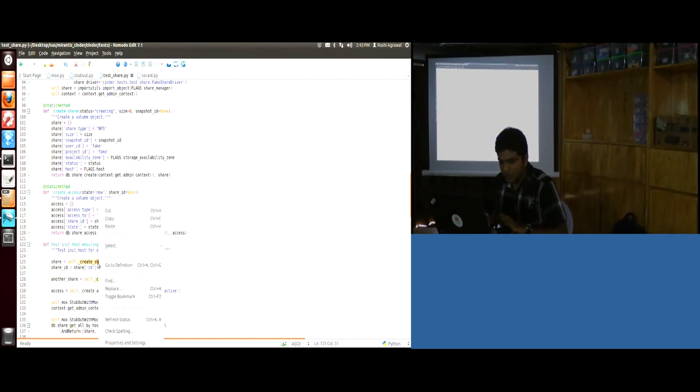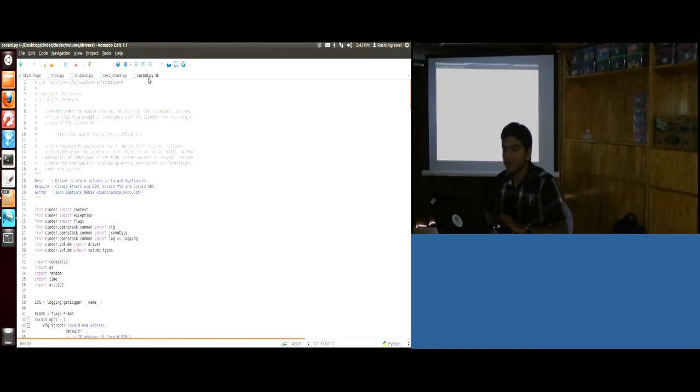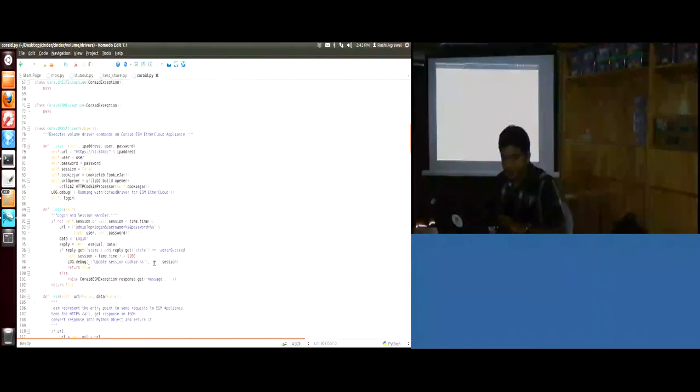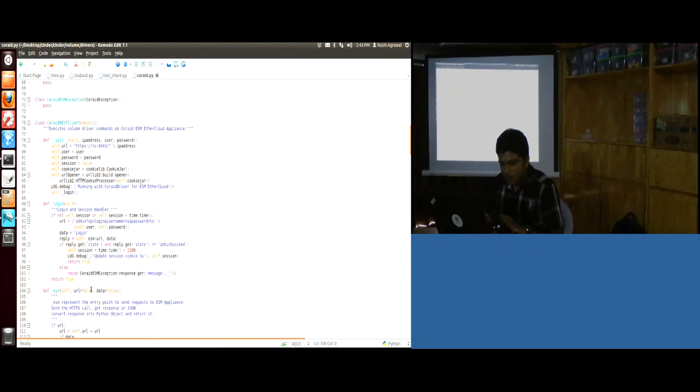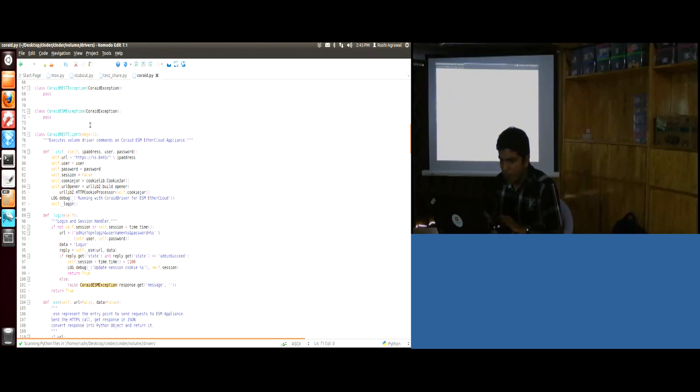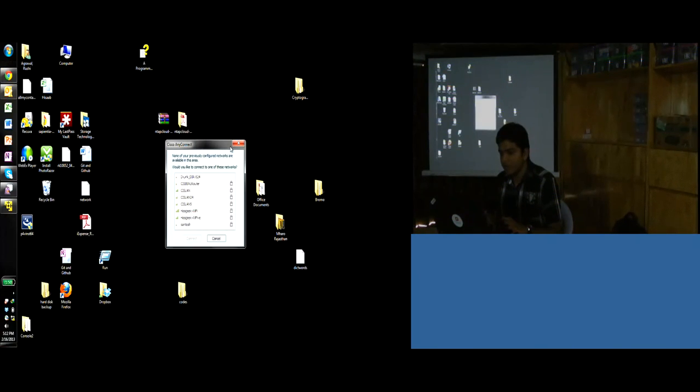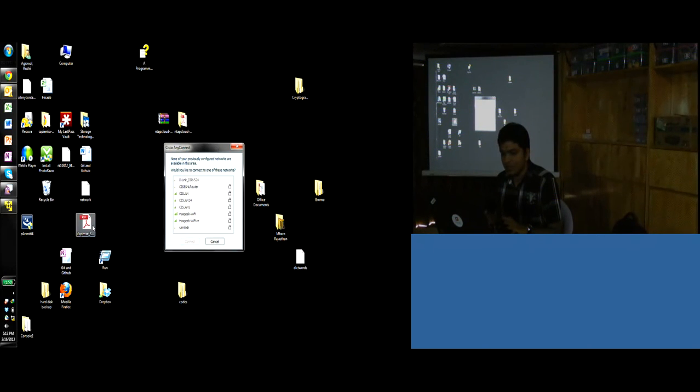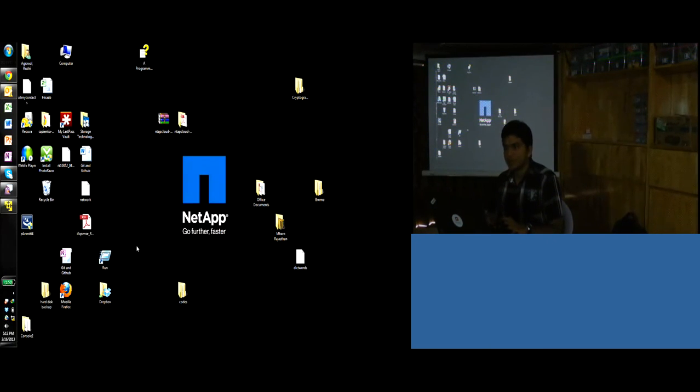Where is it? No, I think again it's not able to find it. So it works in most of the cases, but it's not working out here. Oh, it's showing, actually it's in the same file. Yeah. So even I am a Python beginner, so these are the tools that I use. That's pretty much it.